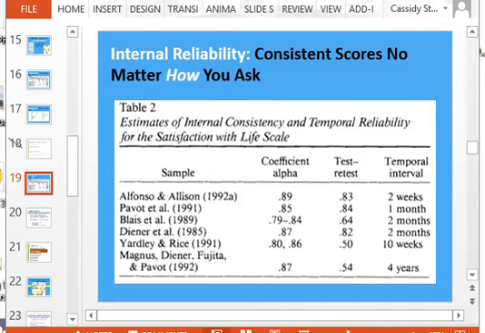So internal reliability, I'm really going to de-emphasize here. We're not going to use it in your projects. But basically the issue with internal reliability is that in a survey, you're going to ask multiple different questions. All of those questions are trying to get some information about the construct that you're interested in. So if you're interested in whether